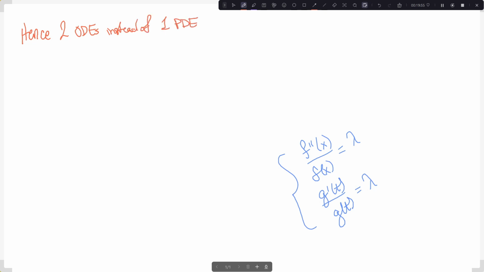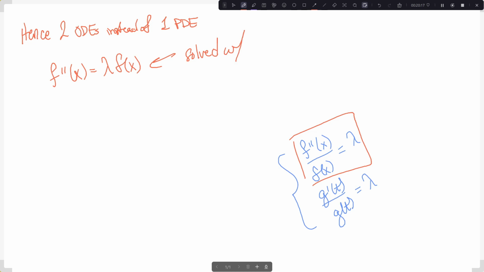If I rewrite the first ODE by multiplying both sides by f of x, I have f double prime x is lambda f of x. You all should be able to solve this. This happens to be solved with, I guess it's cosine. Let's see. Oh, yeah. We'll say